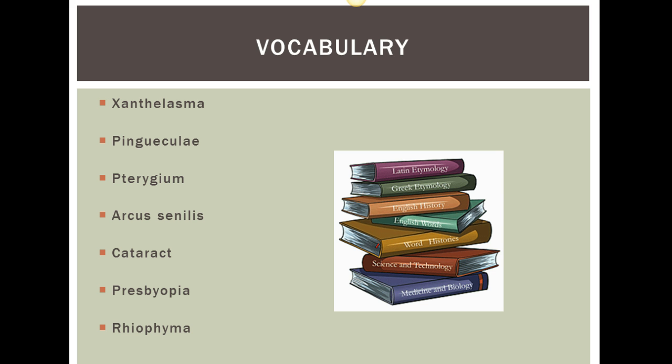Cataracts is lens clouding that can alter vision. It can be corrected. Presbyopia is farsightedness, treated with reading glasses or bifocals. Rhinophyma is rosacea of the lower half of the nose. You see nodular swelling.